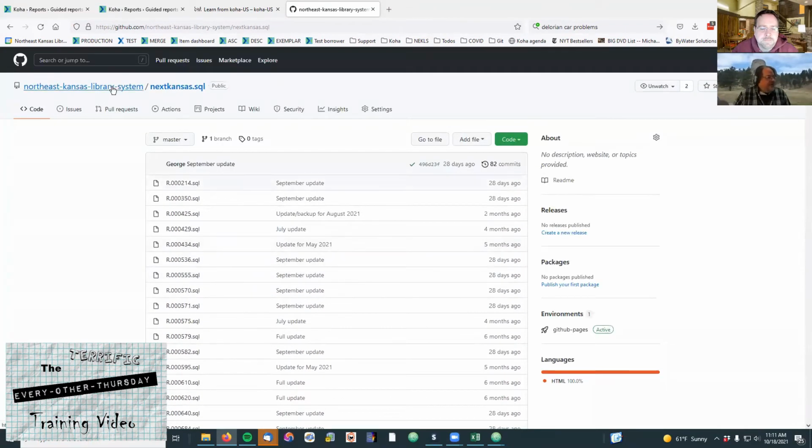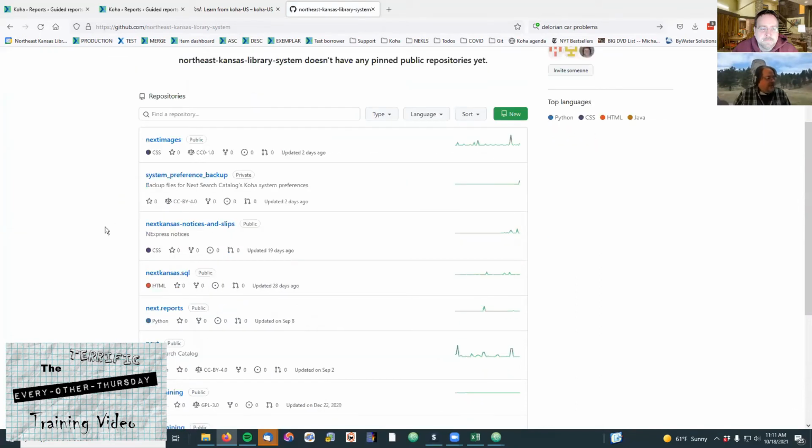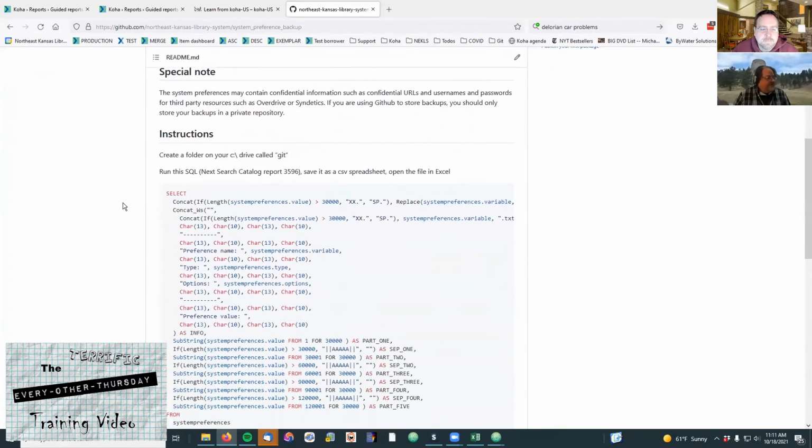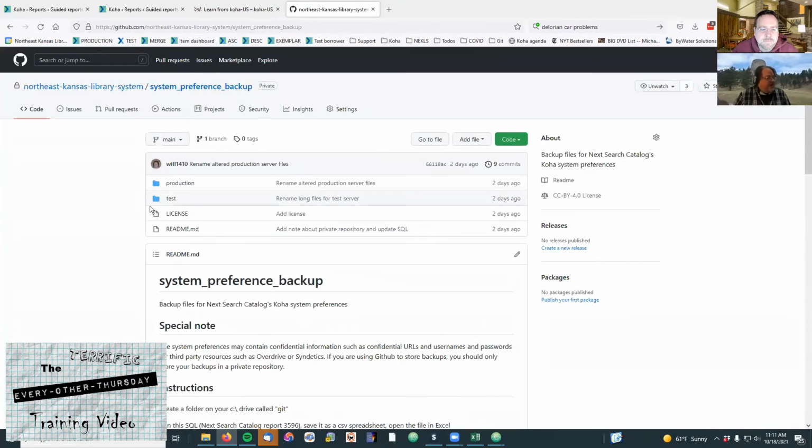The newest one that I created just the other day is a new process for system preferences. This one I have as a private repository because some of the system preferences have private data in them, like the Overdrive information, Overdrive login, Syndetics logins, any of that stuff that's part of your system preferences that you don't want other people to see. That way, since these are in a private repository, only people that work for Neckles can log in